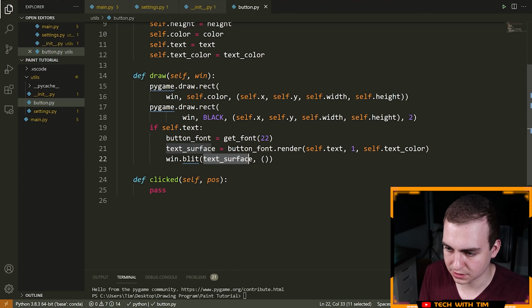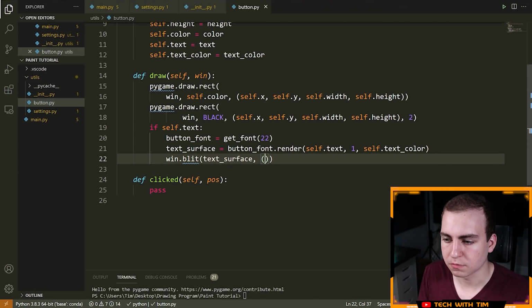Okay, so we have the text surface, but now we need to figure out where we are actually drawing the font. I want the text to be directly in the middle of my rectangle. Now, I'm just going to do a bit of fancy math here. I'll explain how that math works in a second, but just follow along with me. This will make it so it goes perfectly in the middle.